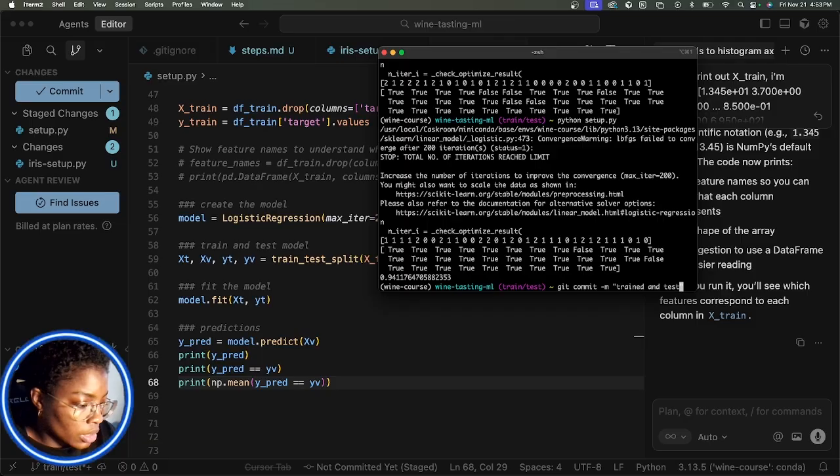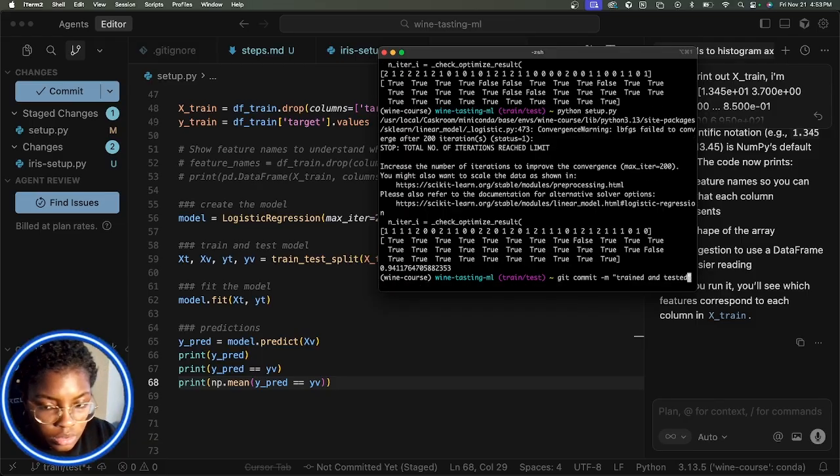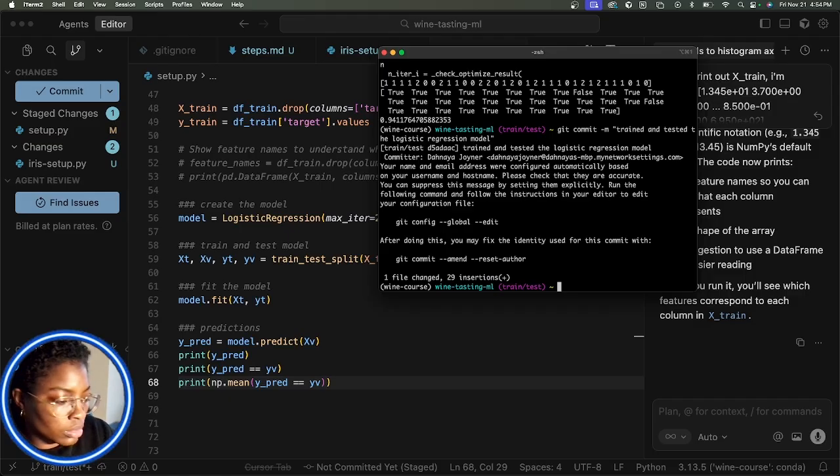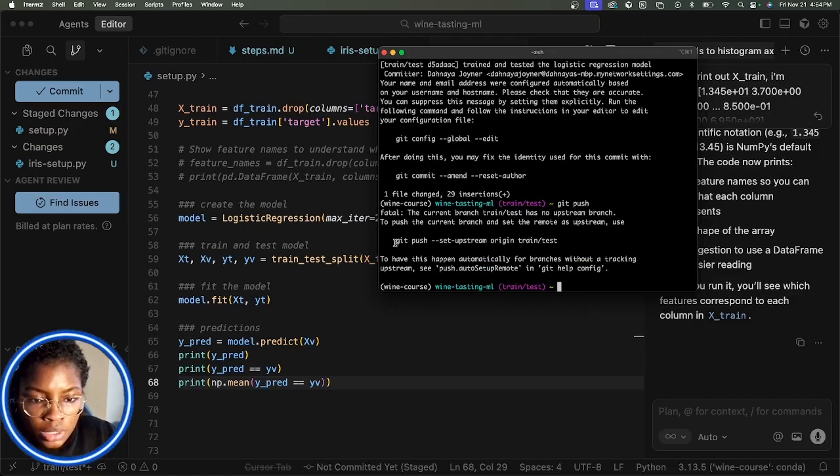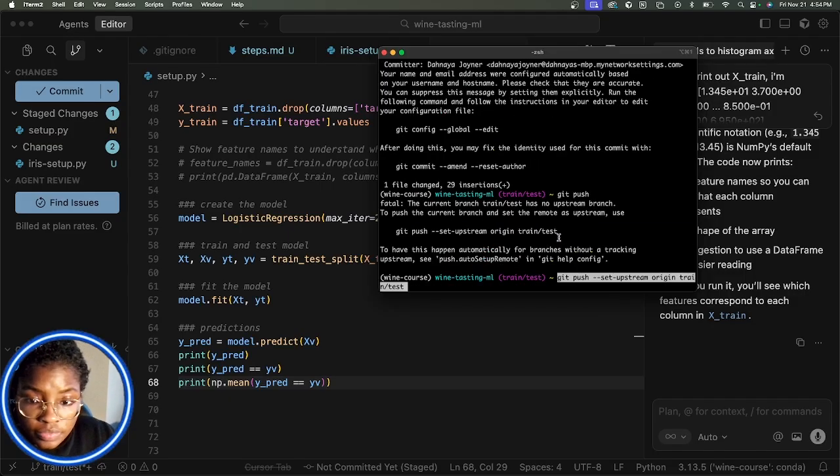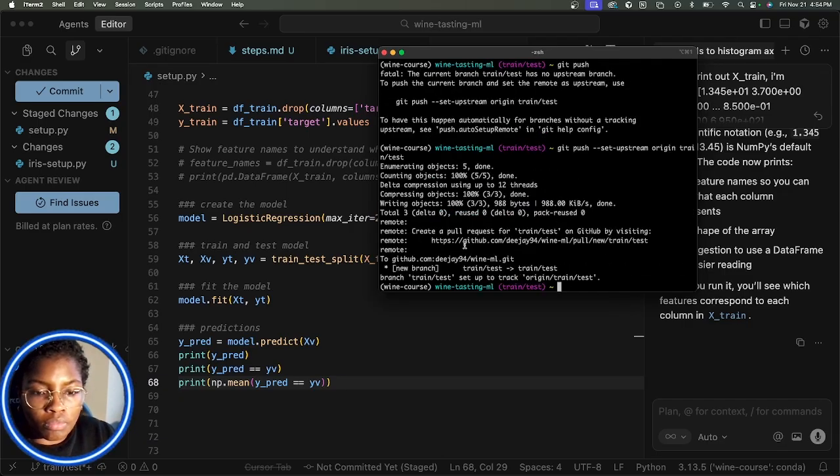Train and tested the logistic regression model. Okay,